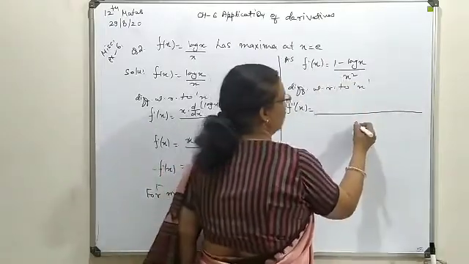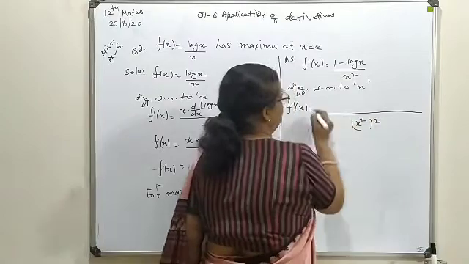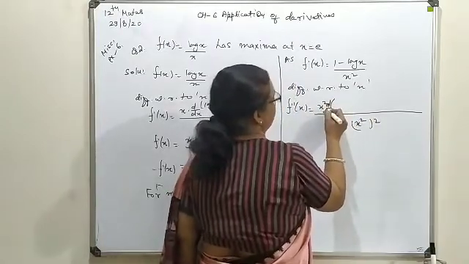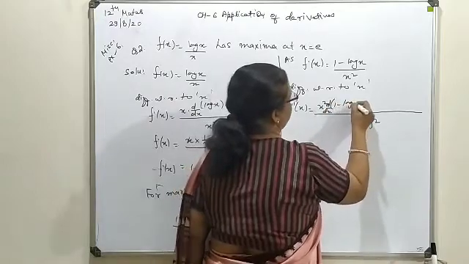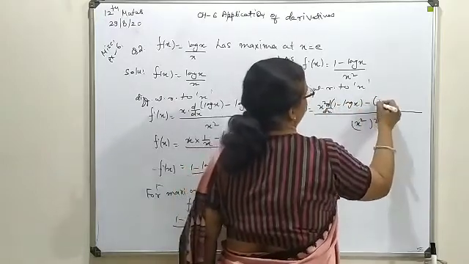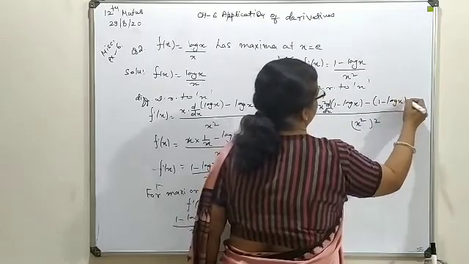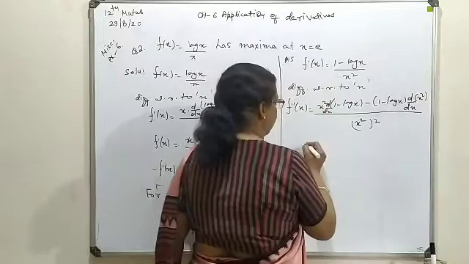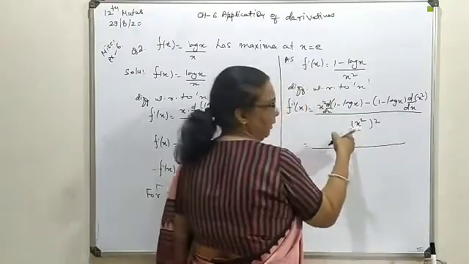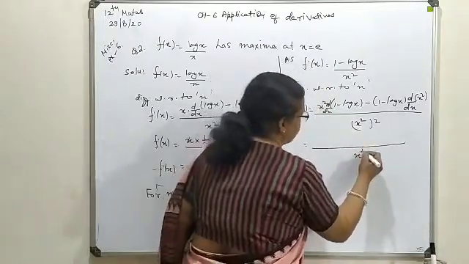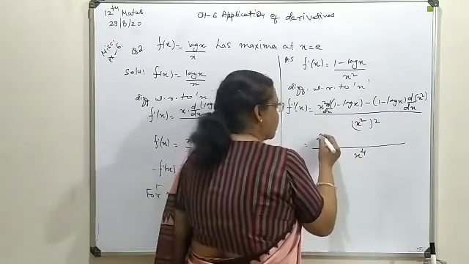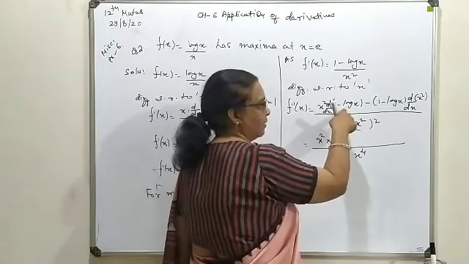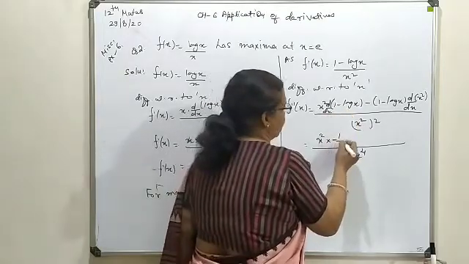Square of this g, means x square whole square. Keeping x square over here, make a differentiation of 1 minus log of x. Minus is compulsory. 1 minus log x you keep as such. Now you will write differentiation of x square. That method, up to now I think all are clear about. Now it will be x to the 4 for x square. Here differentiation of 1 is 0, differentiation of minus log x is minus 1 upon x.